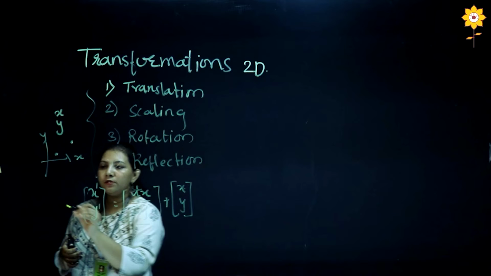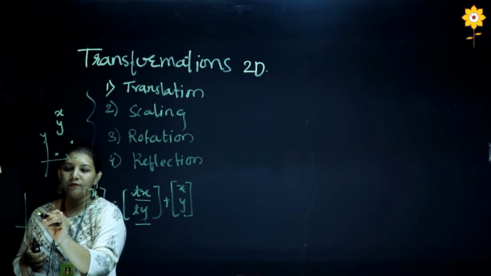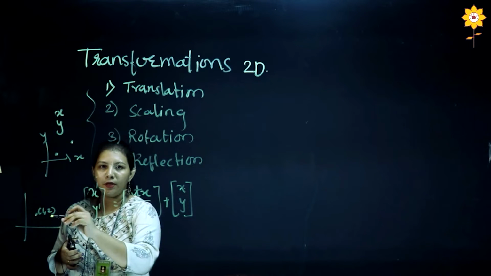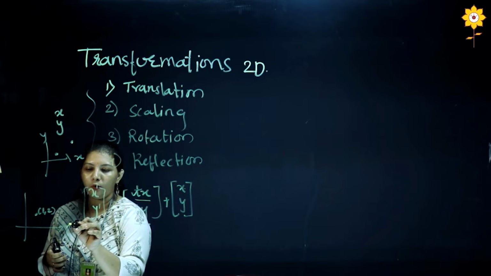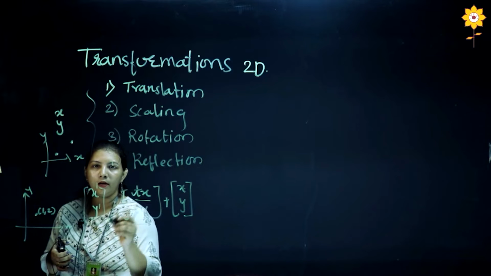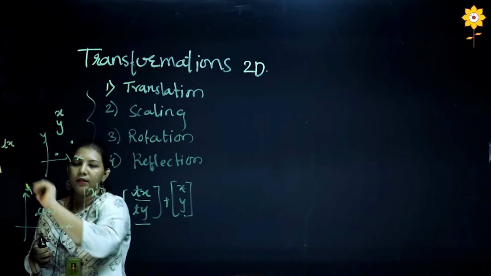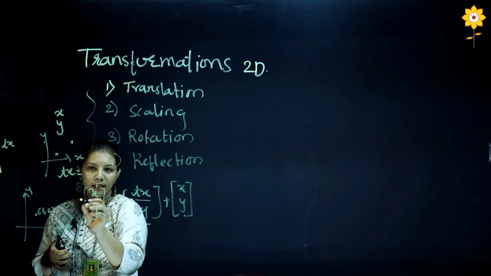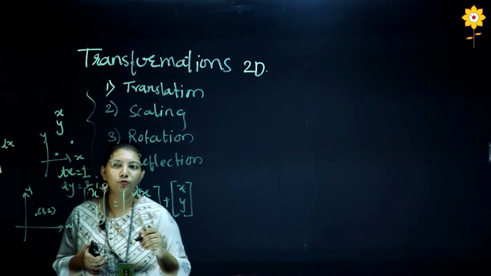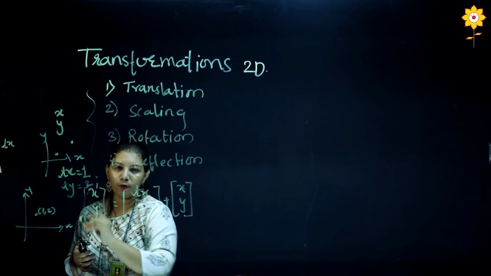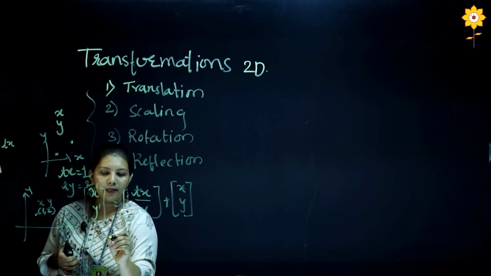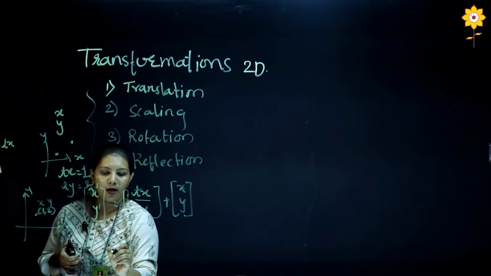So here you can see this example. Suppose I have this particular point 1, 2, and I want to locate this particular point on the x and y axis. For the same, I require the value of the translation factor Tx, that is 1, and translation factor Ty, that is 2. These two values we have to add with the value of the x and y. So what is the formula then? That is Tx plus x and Ty plus y.